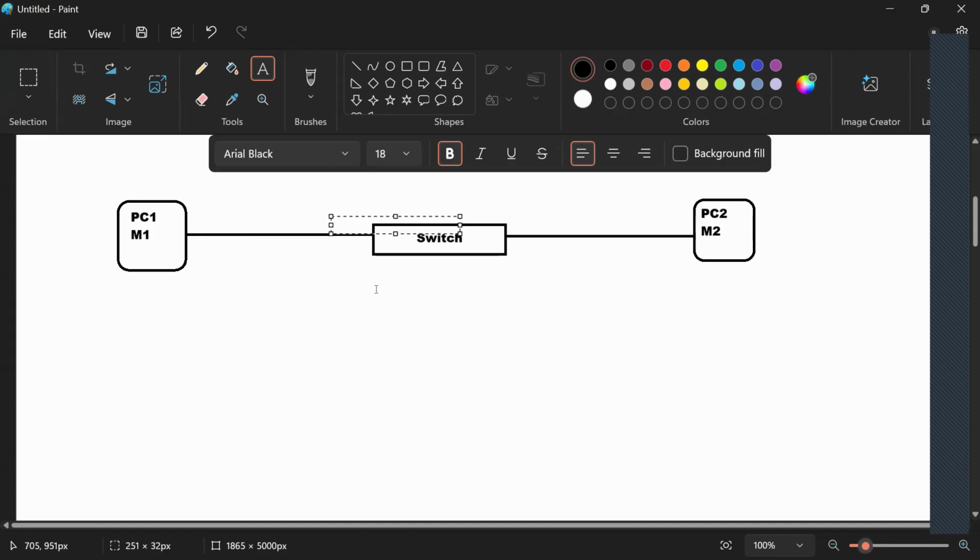Then, for example, this is the F0/1 interface of the switch, and this is the F0/2 interface of the switch. Here we have the IP address, let's say 10.1.1.1, and here we have the IP address 10.1.1.2.